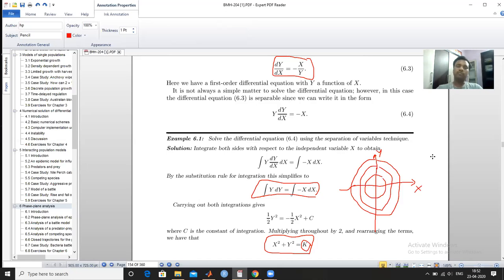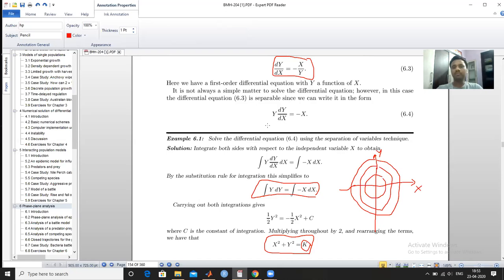Means your dynamics is the periodic type, means they will follow the same type of dynamics with respect to the time. So we can check the behavior without actually solving the system of equations or given model. We can find out what the behavior is. So this is the analytical solution. But it is not always possible to solve this type of relationship.